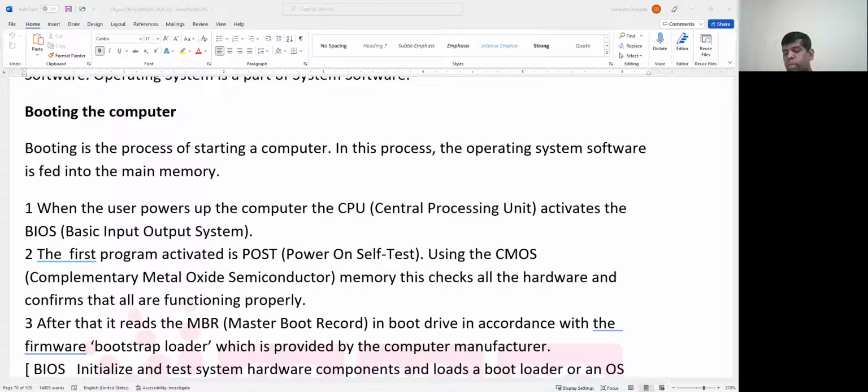Booting is a process where you switch on the computer and until the operating system loads. The time it takes, or the process, we call the booting, right? So when you say this process, what happens? The operating system, it will be a code, isn't it? That will be in your hard disk usually, and then CPU takes this code and puts it in the RAM. So loading all the instructions into the RAM is called,